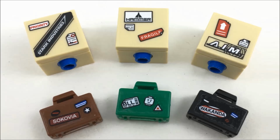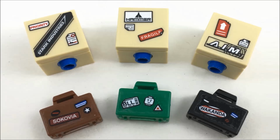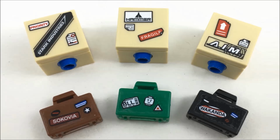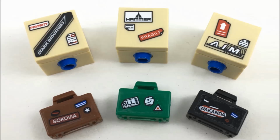Then there's 3 suitcases. One says Sokovia, which is a reference to the Avengers Age of Ultron fictional city where the final battle took place. Another one says BLL, which is a reference to Billund Airport, which of course Billund is where the Lego company was born. The last suitcase says Wakanda, which is a reference to the Marvel fictional city set in Africa, and this was actually the homeland of Black Panther, who first appears in Captain America Civil War in the Marvel Cinematic